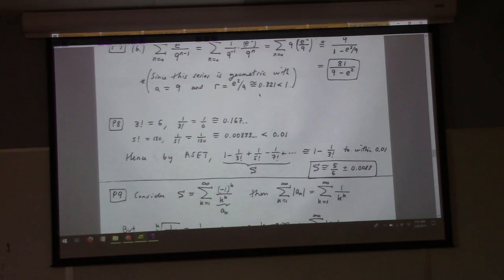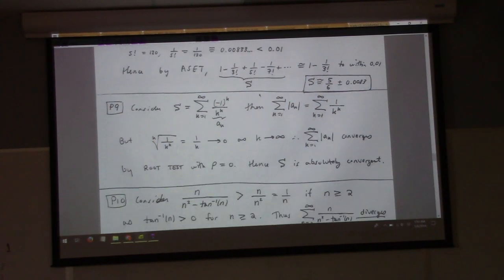I hear what you're saying, though. Show that it's absolutely convergent. So the root test shows it converges, done, right? If the absolute value of the series kills the what? What does absolute value do? It's the natural enemy to -1 to the k, right? So that just leaves you 1 over k to the k, which is like the quintessential root test problem, right?